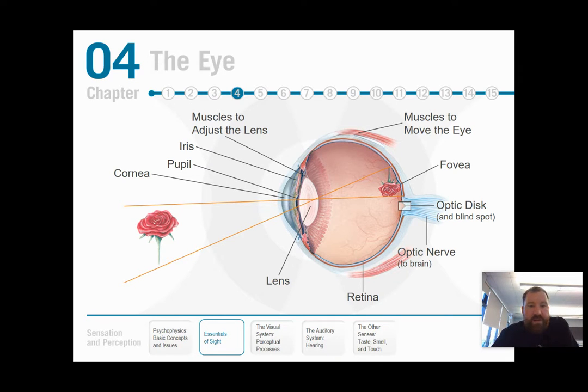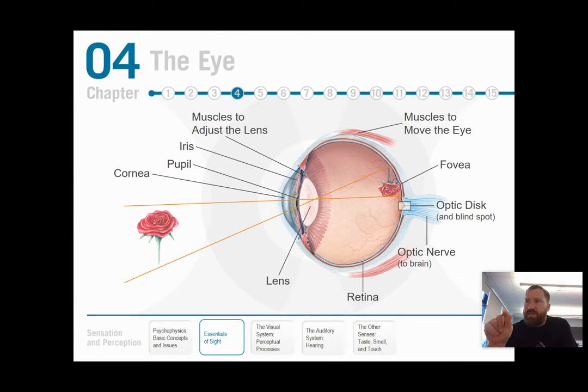The iris is the colored part of your eye, which is actually composed of muscle. We usually don't think of that, but the iris itself is what constricts or expands the pupil, right? It controls the amount of light that's coming in. So in dim situations, when there's not a lot of light, your iris expands the pupil to allow more light into your eye. When it's bright, your iris